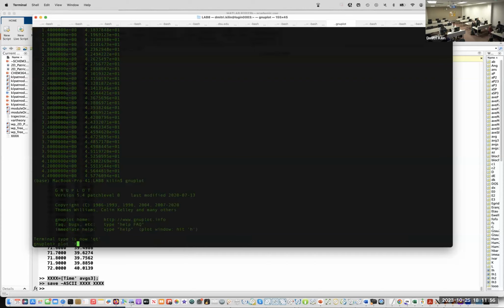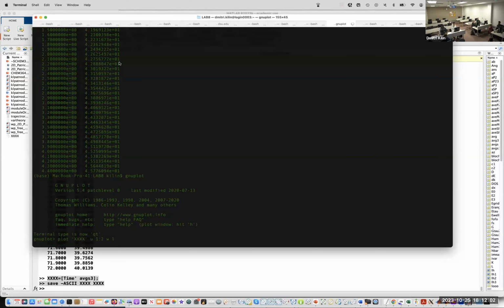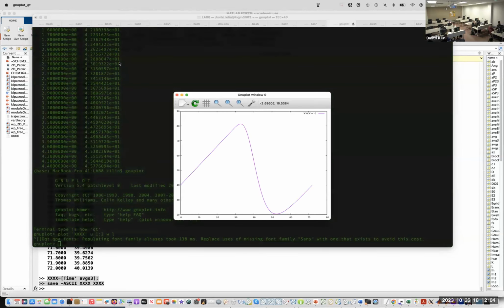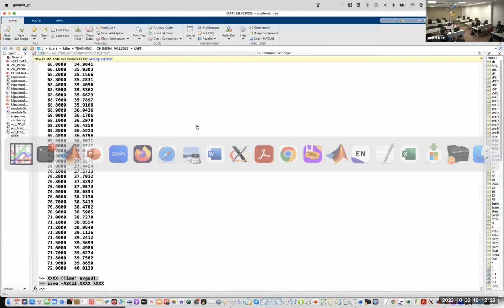Using GNU plot, plot with 1 versus 2 with lines. I know it is not a big change. I replace one command line with another, but I like GNU plot because I was using it for my thesis 23 years ago. So it's ancient. You see, it is the same dependence as you would get in MATLAB.